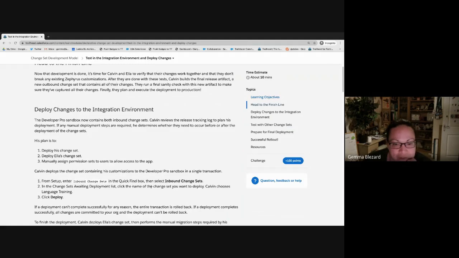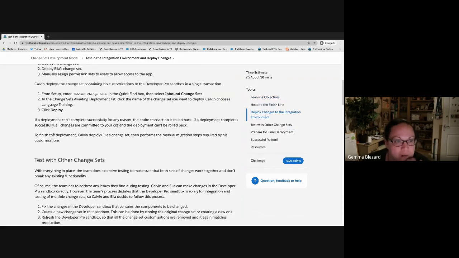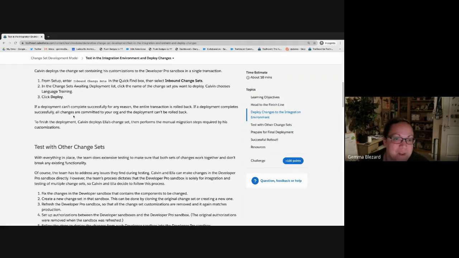He goes to the inbound change sets and he clicks validate. Actually, they've just jumped straight to deploy, but click validate first because that will help you. If the deployment cannot complete successfully for any reason, everything just rolls back. So the change set doesn't get through at all. So even if some parts of your change set have managed to go over successfully, it's an all or nothing job. So you've either got to remove the faulty bits, or you've got to fix it. If it completes successfully, all changes are committed to your org and you can't go back. So in order to get rid of your new stuff, you have to go and physically delete it